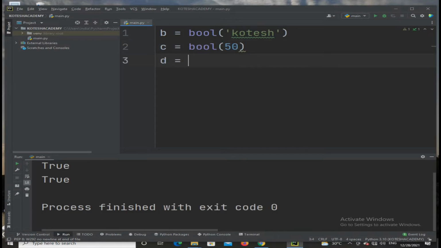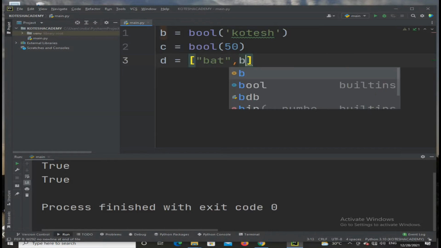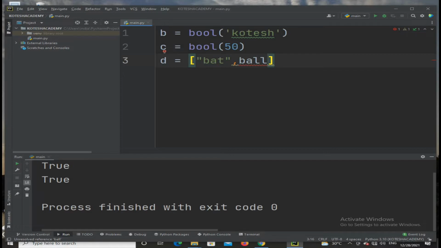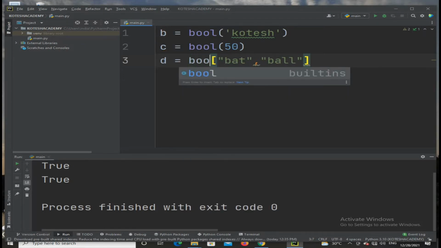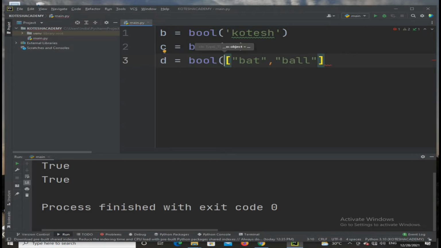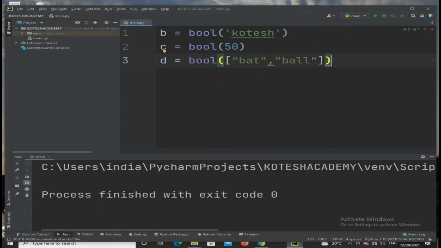Sometimes you may consider d is equal to a list, okay, you may consider the values bat, ball, so then you can get the data based on this expression. You may represent it in terms of the Boolean function. So simply you can take the Boolean function of the entire data. After execution of this, you can run the entire process, true or false, like that you will get whether the data is true or not.